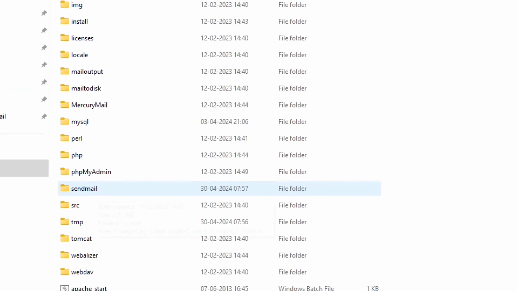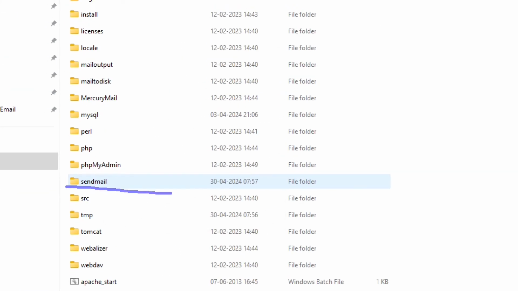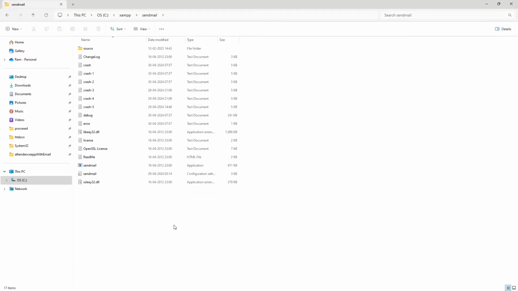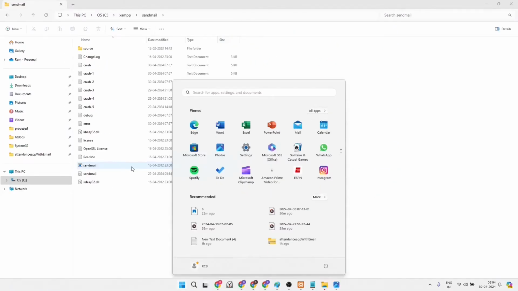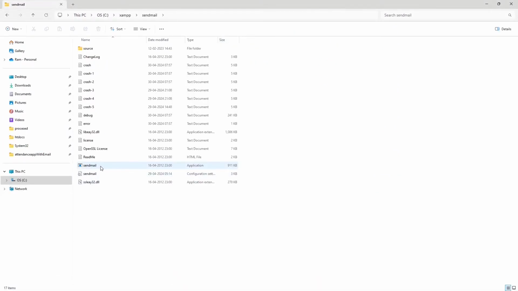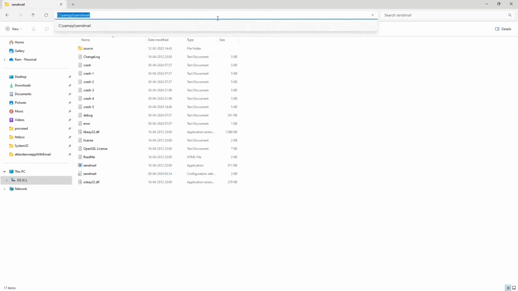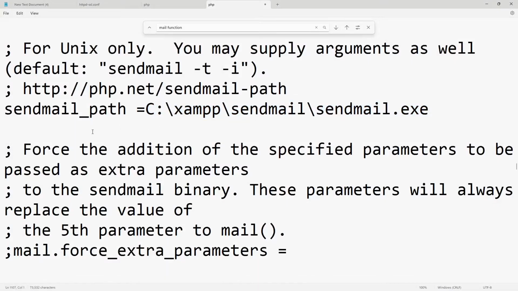You see this sendmail folder inside czamp. Now you have to open that folder, and inside this you can see this sendmail application file, and we are specifying the path for this file. You can copy the path from the address bar, then go to Notepad and paste it down here. It should be exactly the same thing, czamp sendmail, and after that